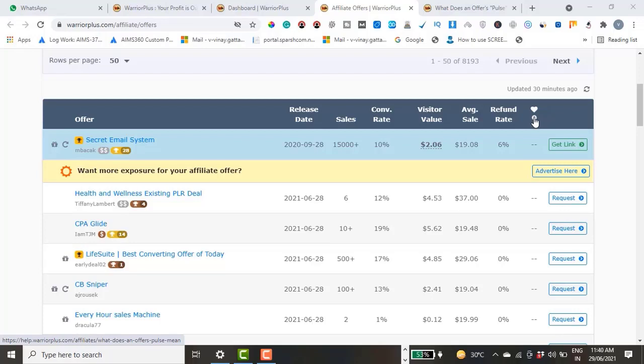But as I said, every time you log in, since all of these things are filtered by pulse, you will be seeing the offers that are hot. Whenever you need to test new offers and promote affiliate offers, this is a good thing to filter by. It does it automatically, so you don't have to do anything.